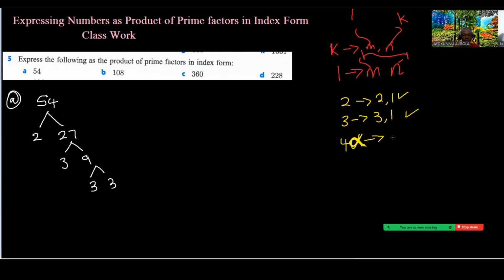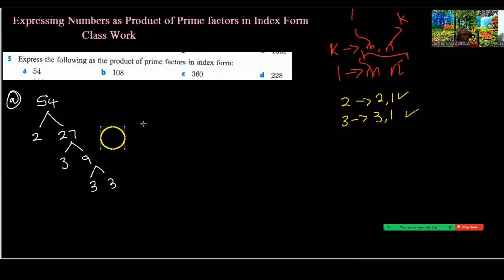Why? Because apart from 1 and 4, 2 also is a factor, and a prime number must have only two factors. So 4 is never a prime number. Now you can see the reason why I use 2 as the first prime number here, then 3 and 3 and